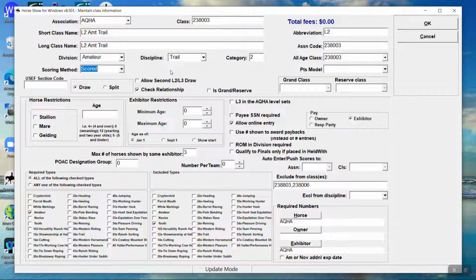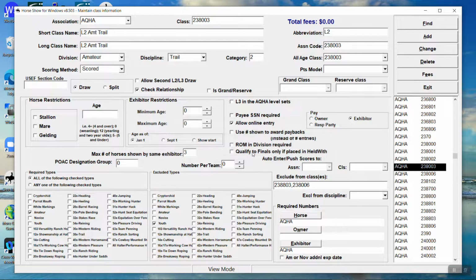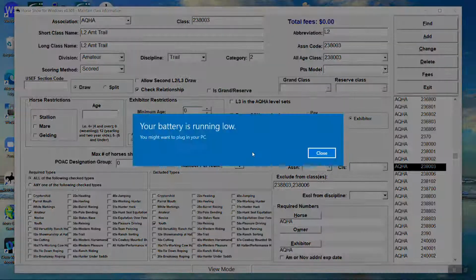from ranked to scored. And the way that this works as well is if you go ahead and click OK, this is where the discipline comes in, you get the option to change them all so that you don't have to go into every single trail class that you're holding, NSBA or AQHA or whatever, and change it from ranked to scored. You can just change every class that is trail to scored. So as you get more comfortable with the tablets, and you say, I want to do more and more tablet work, you're going to go to scored, set them all up to scored. Trail, Western riding, ranch riding, whichever classes that you're wanting to